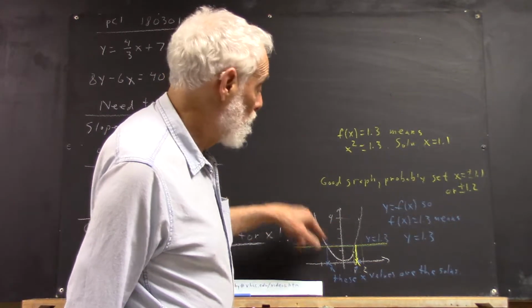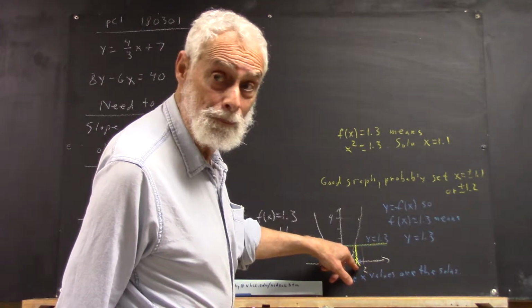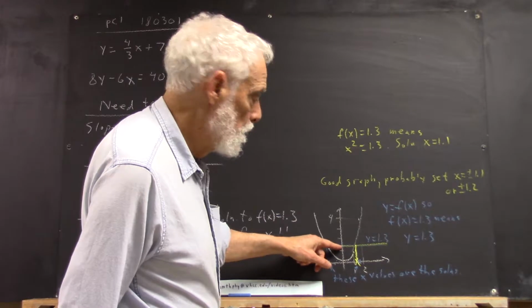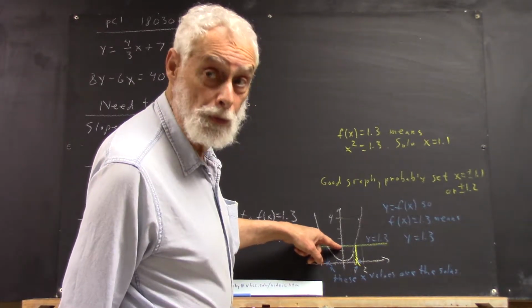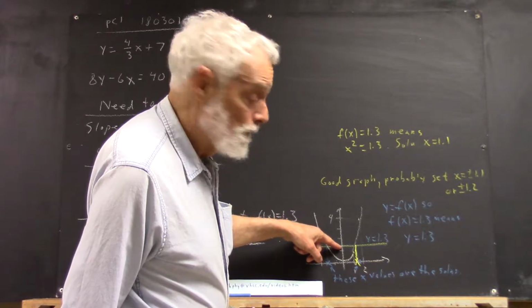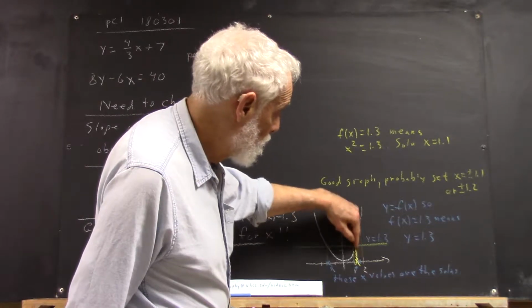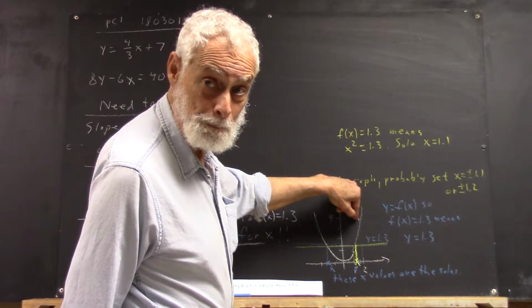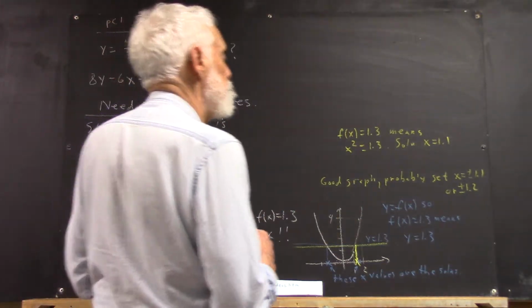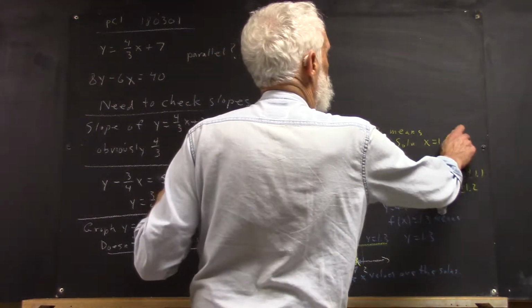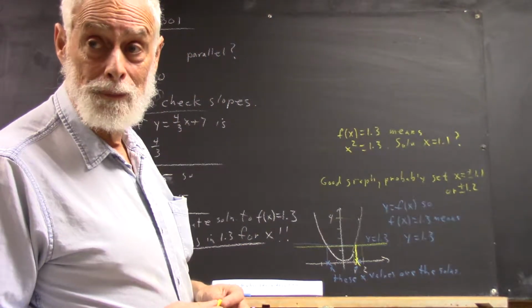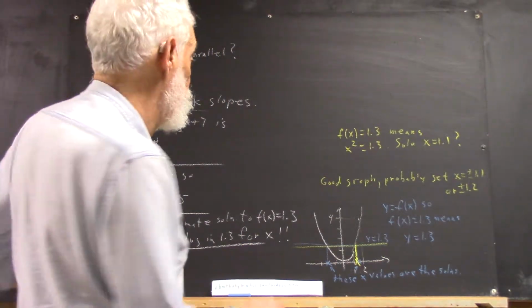Okay? All right. Now, what's the value of f of x here? Well, for what value of x do you get y equals 1.3? Well, you draw your best line where you think 1.3 is, right? And then you see what value of x would give you this. Okay? So, what I can say now is, how's my 1.1 as a solution? Okay? Well,